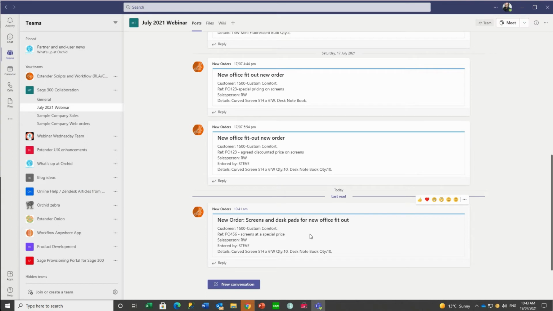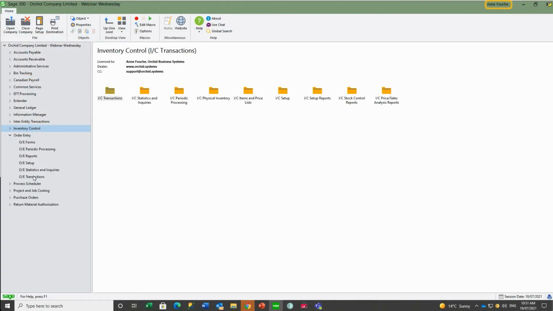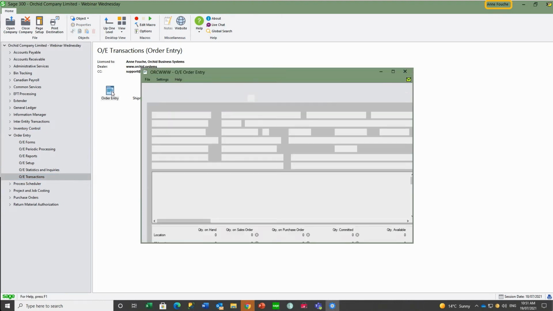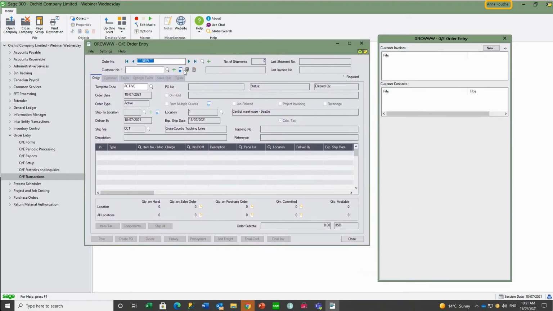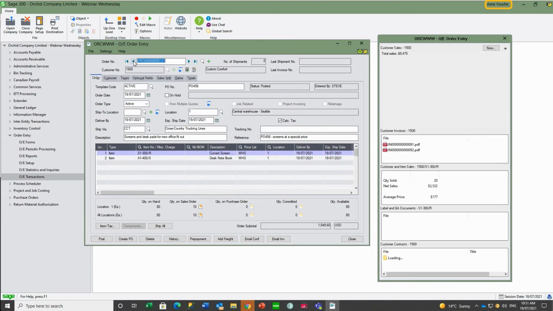Anne sees the new notification in Teams for the new order and notes that the screens have been sold at a special price, so needs to check that. Anne goes to view this order in Order Entry and notes that Steve has changed the unit price to $140 for the screens,